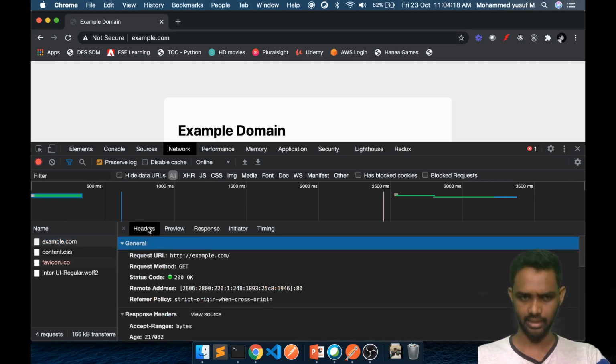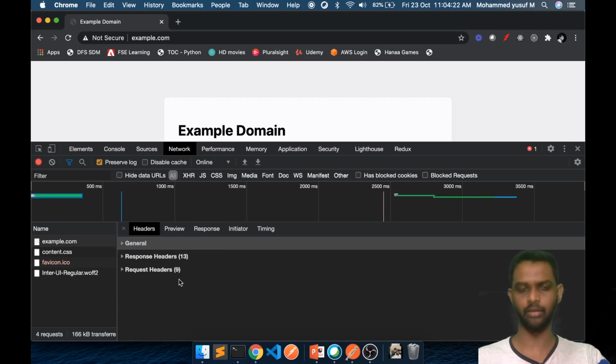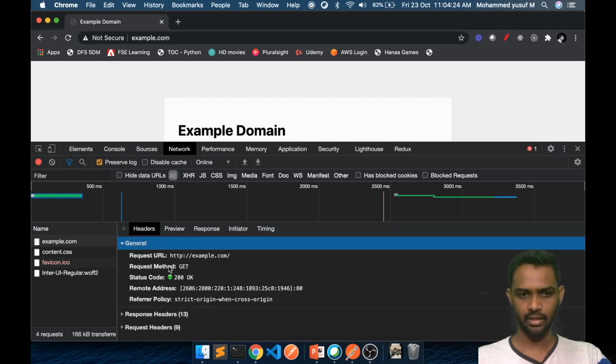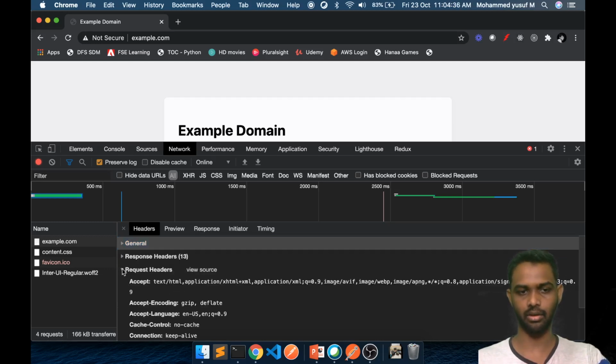If you go to the headers section, the three headers we just talked about are available. General shows what URL we used, what request method we used, and the output status code we got, 200, and some address and other things. If you go to request headers, which is what we made, we said we will accept text/html and so on.